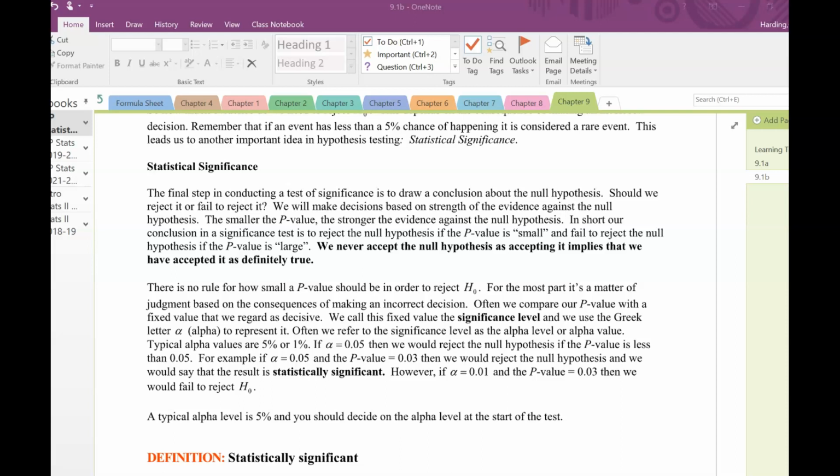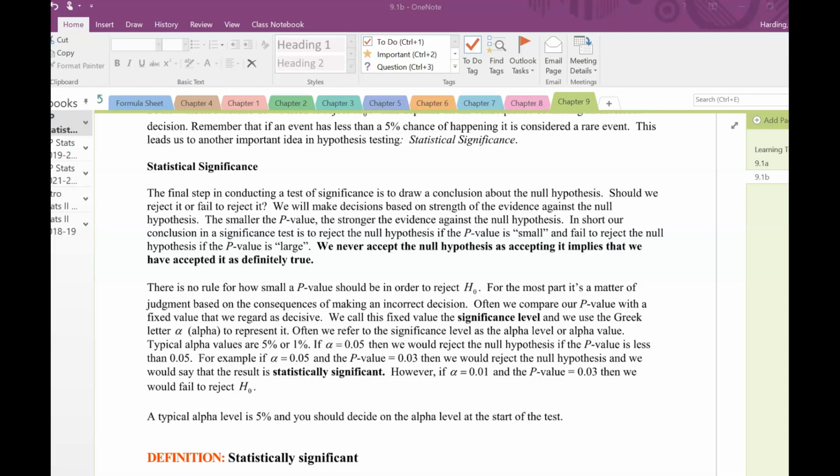Sometimes you could use something as high as 10% or as low as 0.1%. But whatever this is called, the significance level, or the alpha level, you should decide on that in advance of starting your significance test. So then if your p-value is below the alpha level, you have statistically significant results and you can reject the